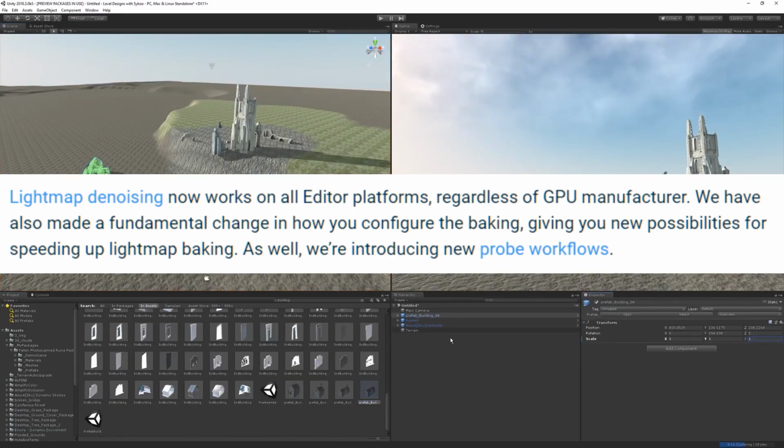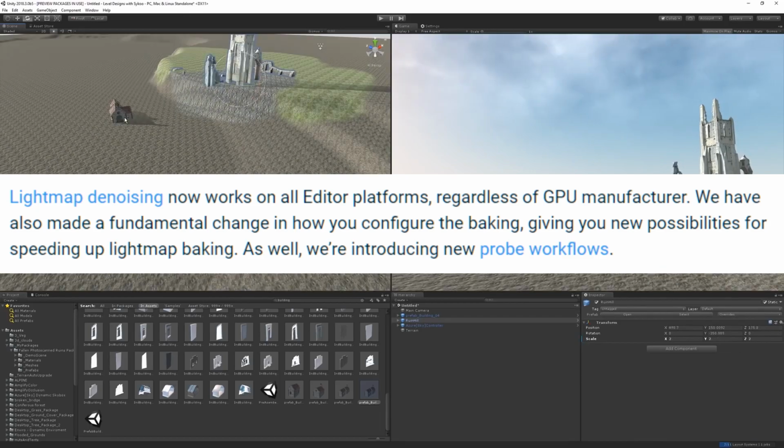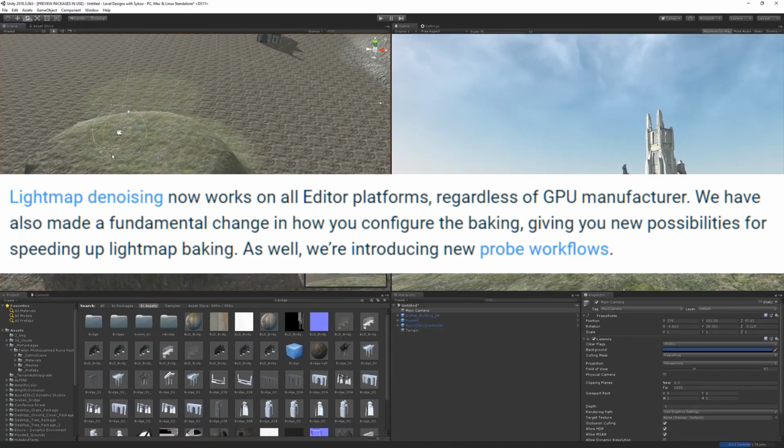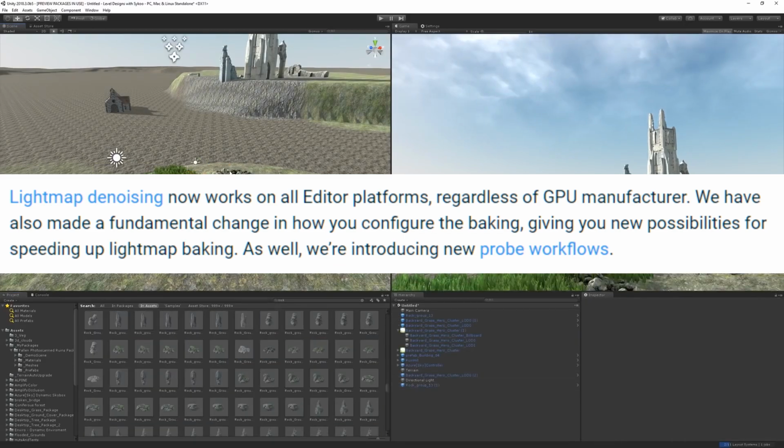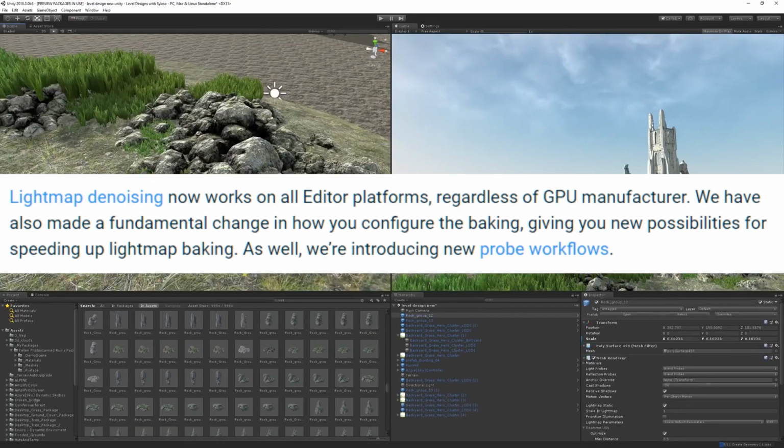We have also made a fundamental change in how you configure the baking, giving you new possibilities for speeding up lightmap baking. As well, we're introducing new probe workflows, which they're linking to a page,